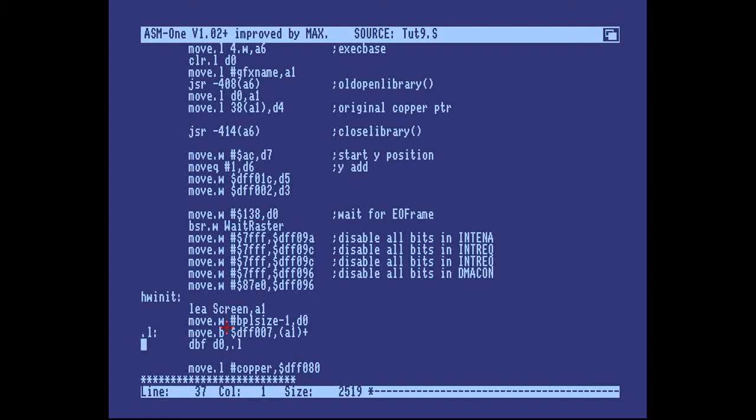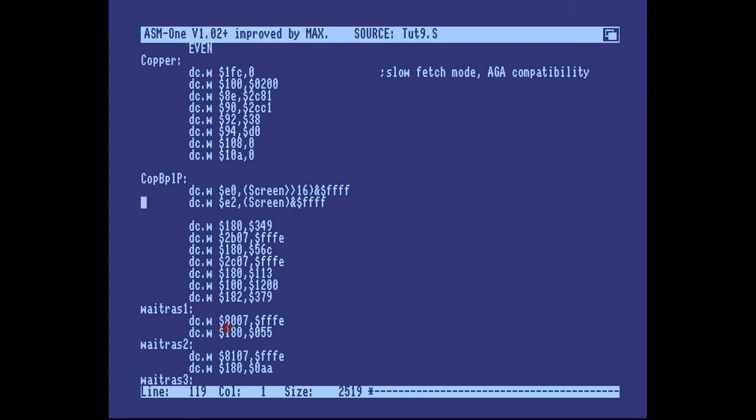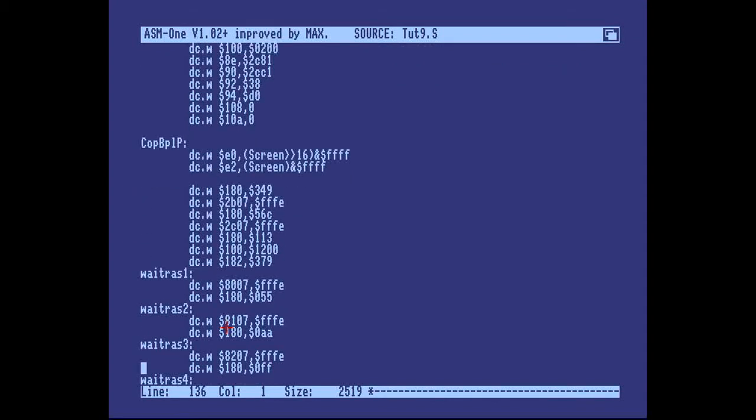And in just the same way, almost, we will point the Sprite DMA pointers to some address and make sure that that address contains the correct data to be displayed. So the Sprite DMA pointers must be reset each frame. And the best way to do that, you could do it in the main loop and set them each frame. But just as we moved the color changes, which are also custom chip register modifications or pokes, we can poke the sprite registers in the copper as well. And we need to set them before the